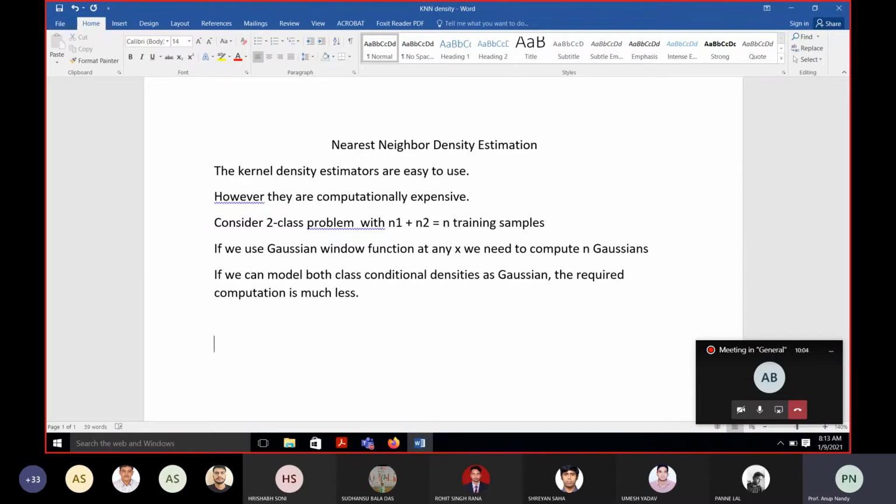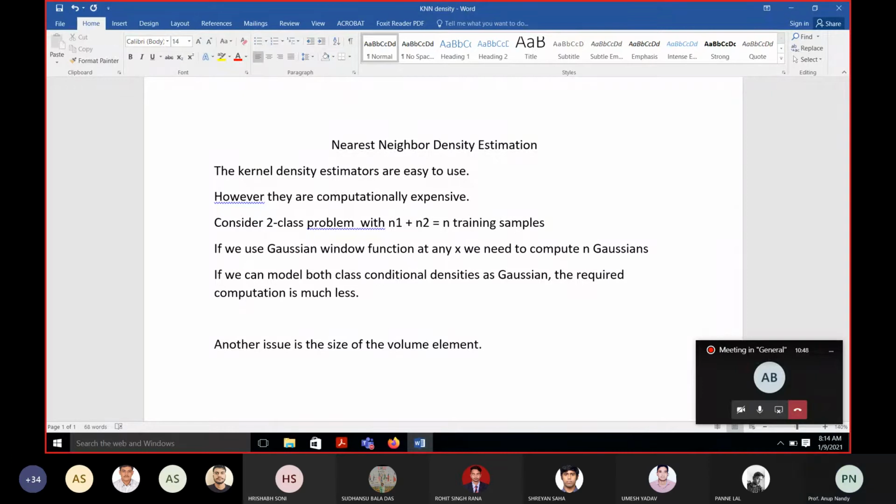So another issue that you have encountered during understanding this kernel density estimation is the size of the volume, that is h. So h is a very important thing. Because we have considered a hypercube, the volume was considered to be a hypercube, where V is equal to h to the power d, that we have already seen. So now another issue is the size of V, the volume element.